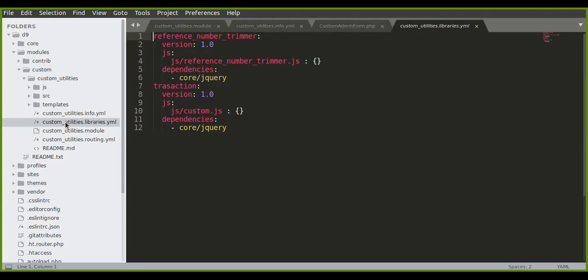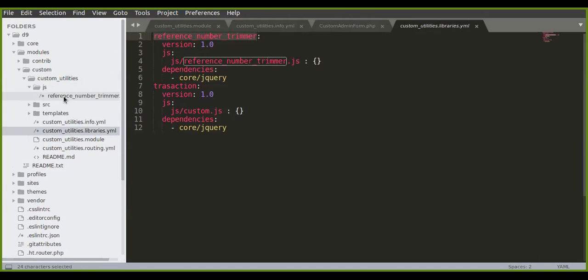For that purpose, we have created this libraries.yml. This is the structure you have to create. This reference number trimmer is one of the libraries I have used for my demo purpose. It trims all the user input. This is what the JS library will do.